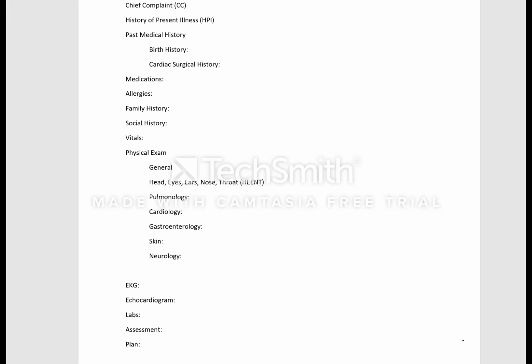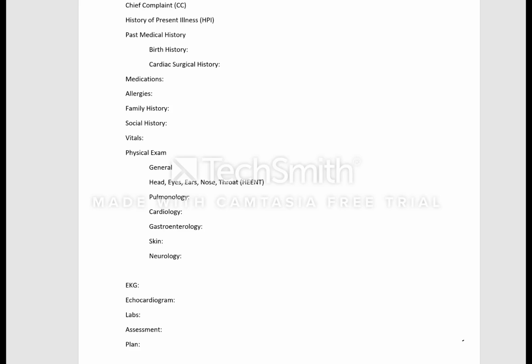And finally, your assessment and plan are probably the two most important parts of the note. The assessment tells me what you're taking away. It's your assessment of all the data gathering that you've accumulated to date and what you think this patient has. So you might want to have a summary sentence that'll say, this is a 15-year-old male with a history of chest pain with a clinical picture indicative of